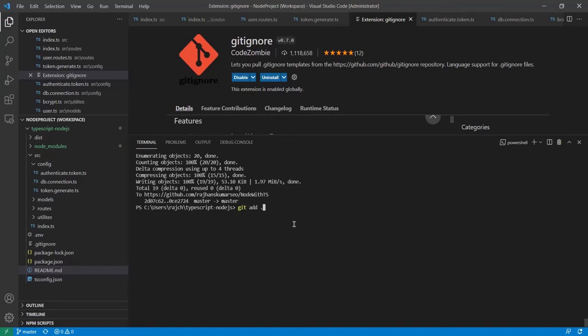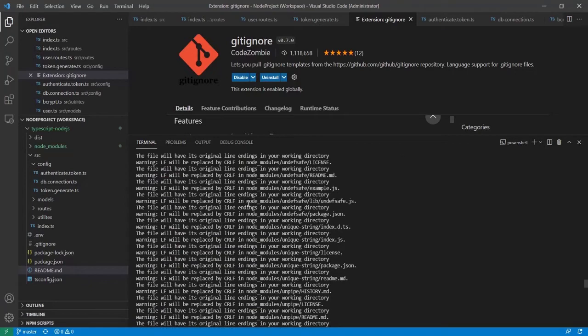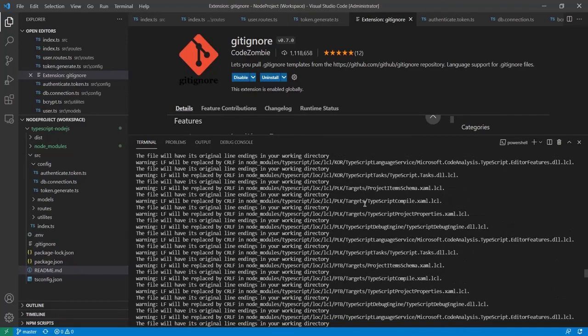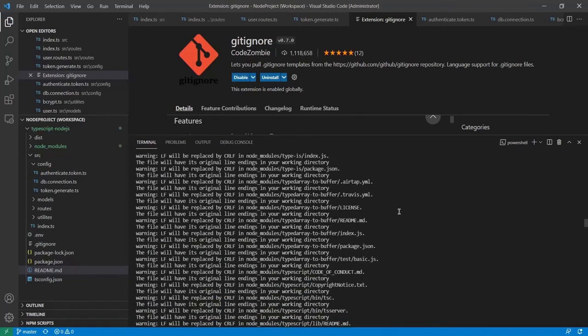But here is another problem: it also added the node modules, so you can see all these files in node modules had been added earlier. So I first removed all the locally added files, which means I also removed the node modules files which were added in the local repository.